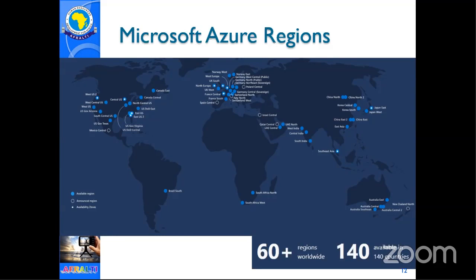So if you are hosting your services in South Africa North, in Johannesburg, and you configure them in a high availability mode, then a copy of your services will run in data center 1, and a copy of your services will also run on data center 2 or even 3, depending on the number. So that is how they ensure high availability. You also have the option of running a copy of your services in South Africa North and a copy of your service in South Africa West again. But that again will be slightly more expensive, but it's doable. Or even in South Africa and in Europe, or in the US or in Asia.